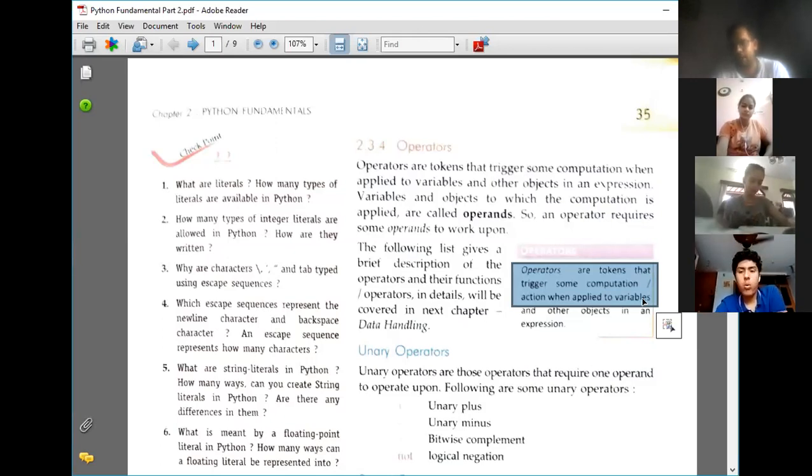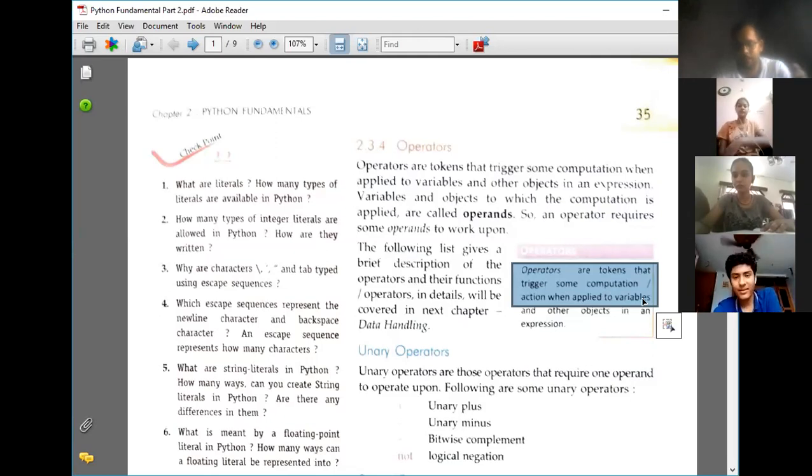So we have to use the plus sign. Here plus acts as an operator, so plus is a part of the token. Is it clear?